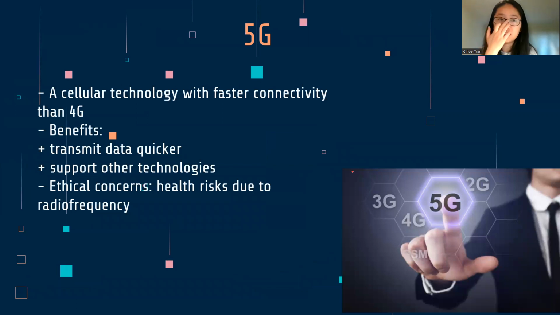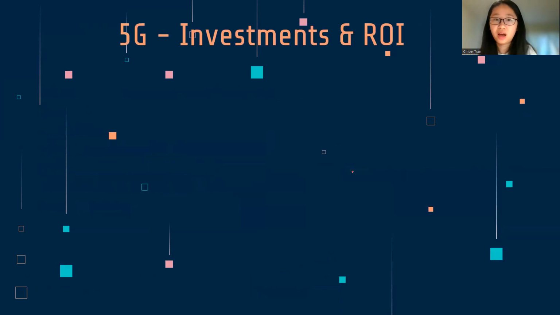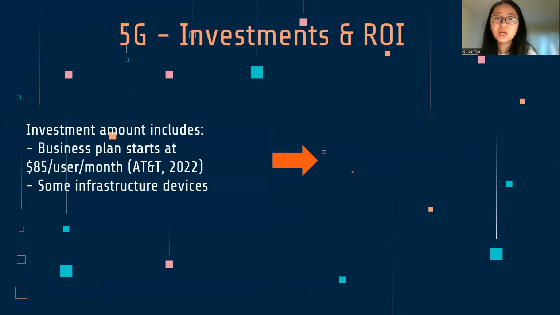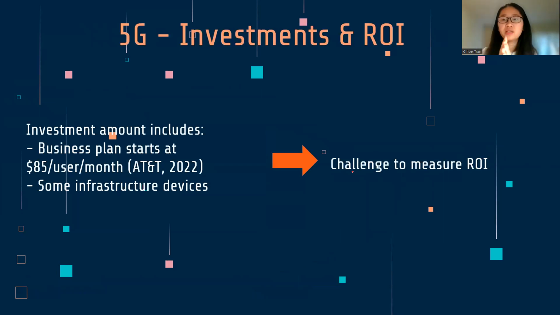For 5G, 5G is actually a cellular technology, and it cannot be standalone to add value to customers, but it can transmit data quicker within the organization and can support other technology, especially for AI or big data. So to join the 5G trend, the company had to buy some devices, and of course how to buy, the business plan for the